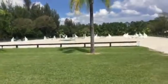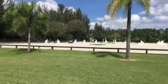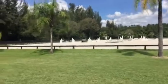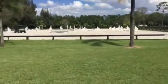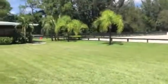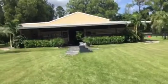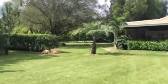And this is a good size ring. I would dress it up with like redwood stain standards and stuff, give it a little color. I think it needs a little color. It's all a little white, but listen, the footing's fantastic. We love it because it's a little softer than that over in Florida. I've had vets come out here and they stomp their feet on it and they're like, oh wow, this is